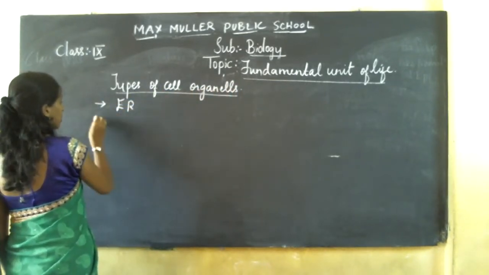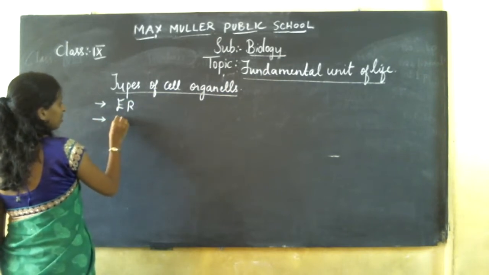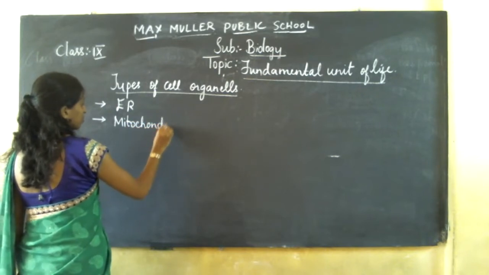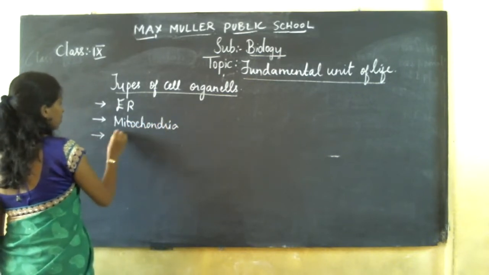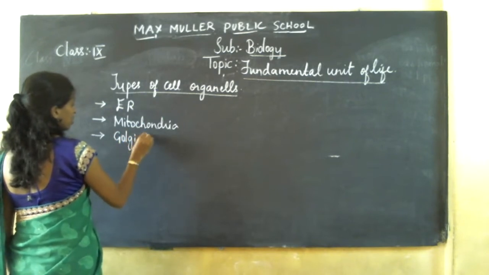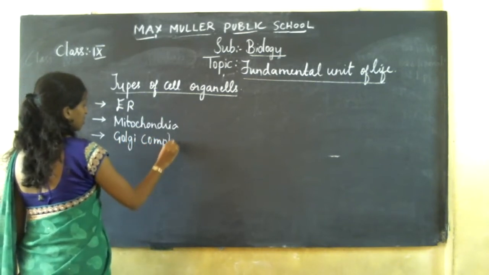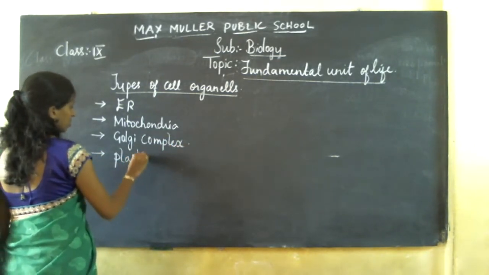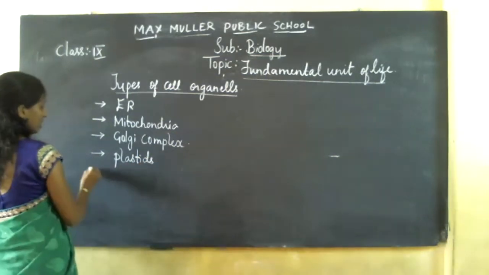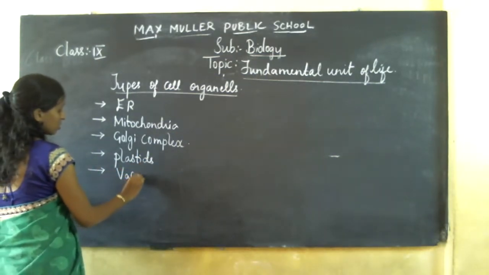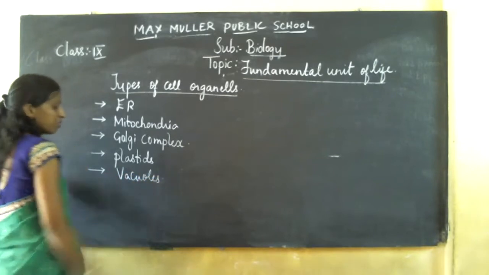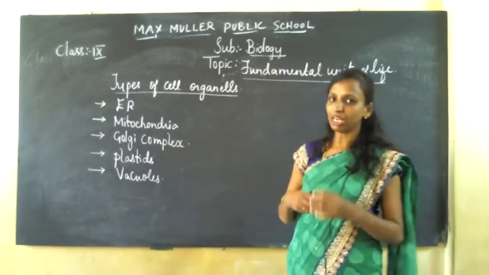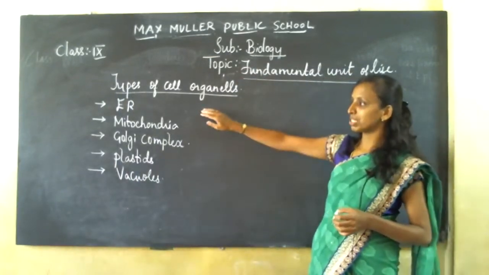ER, endoplasmic reticulum. Then we have mitochondria. Then you have Golgi apparatus or Golgi complex. Then you have plastids, that is nothing but called chloroplast. And you have vacuoles. So these are the different types of cell organelles which I showed you in the diagram, right? Now one by one we have to describe how exactly they are present and what is the work